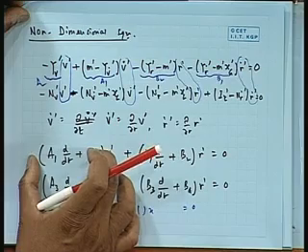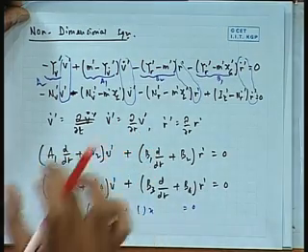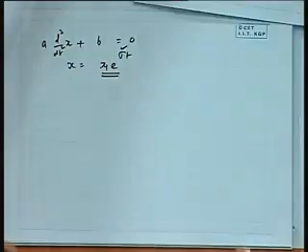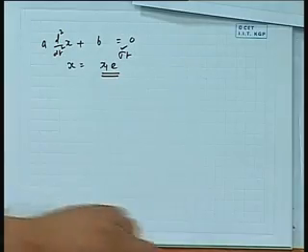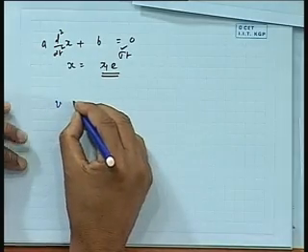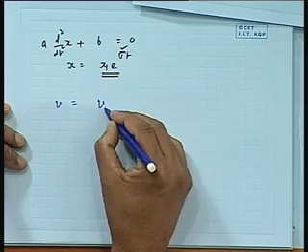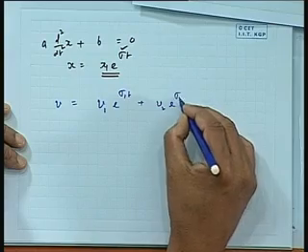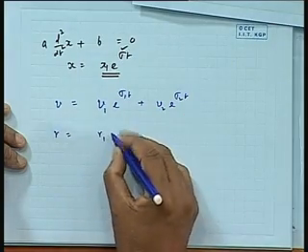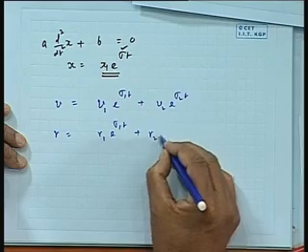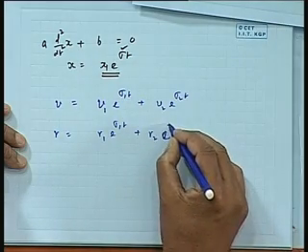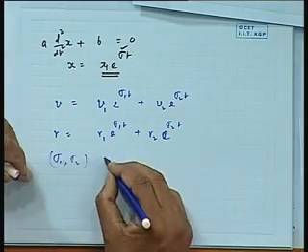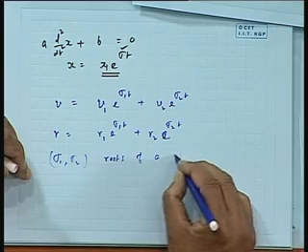These are all differential equations with differential coefficients. It is very well known that you can express the solution in terms of a combination of exponential functions. For this equation, you can write v as v1 e to the power of sigma 1 t plus v2 e to the power of sigma 2 t, and r can be expressed as r1 e to the power of sigma 1 t plus r2 e to the power of sigma 2 t, where sigma 1 and sigma 2 are called roots of a characteristic equation,